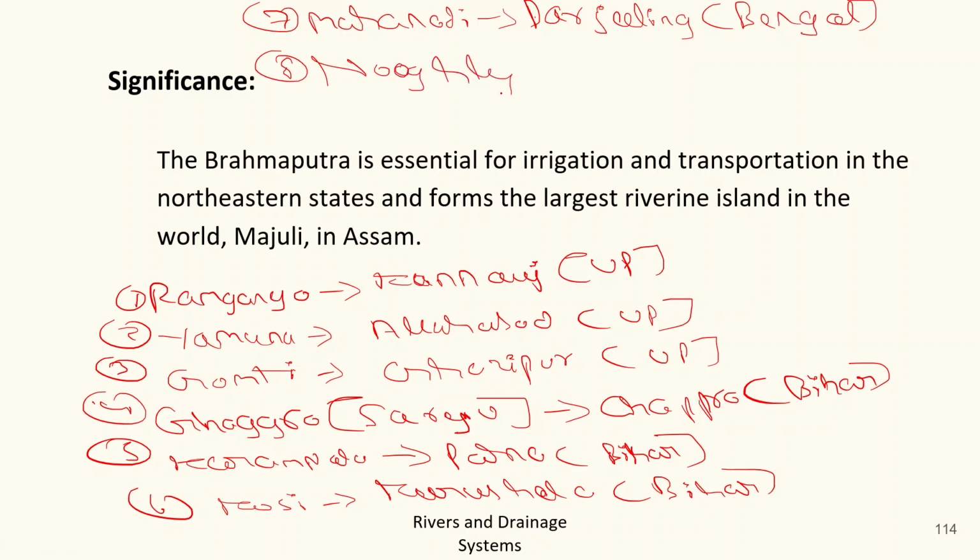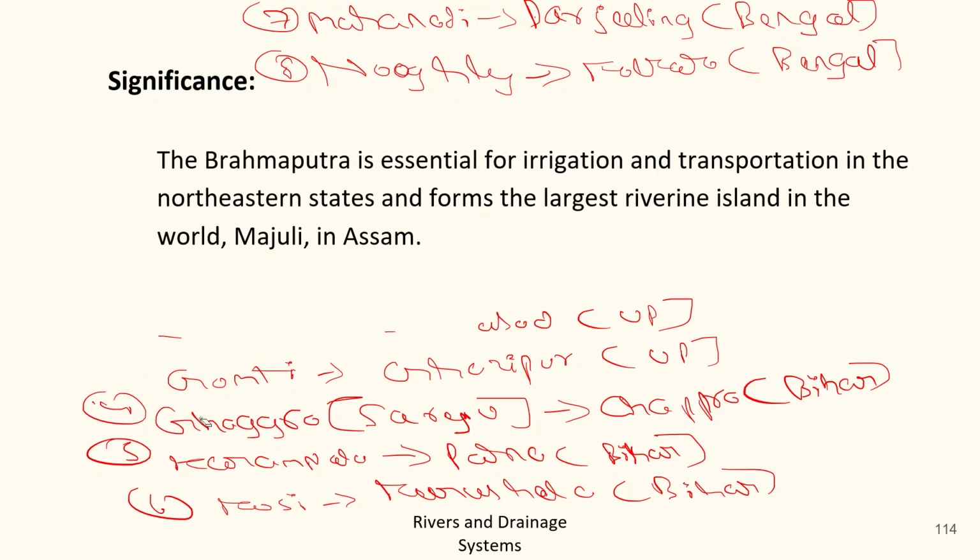Okay. And then the last one is Hooghly River, meets Ganga near Kolkata or Hooghly, Bengal. Okay. So this is the river flow map of the tributaries of Ganga. Okay. So now